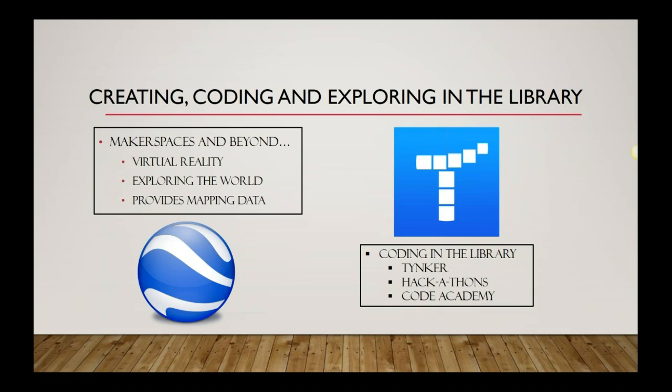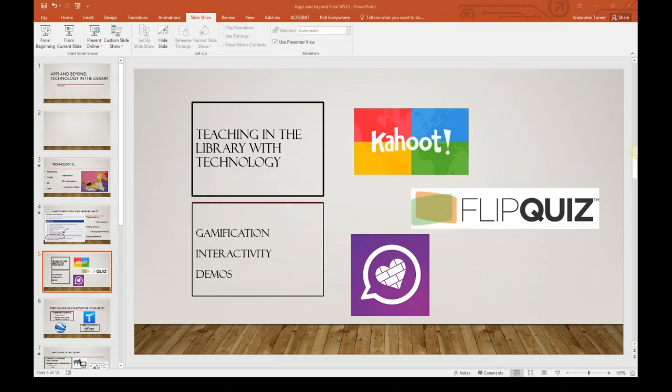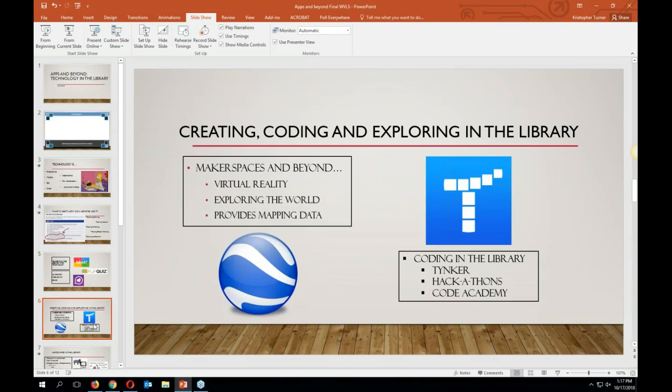The other cool thing that Google Earth and the alternate one that I'll show you does is it provides mapping data for people. If people want to create their own maps, a lot of this is open source and open access for them where they can grab this data and start to create their own thing using code. So let's jump off and look at these two mapping tools here.